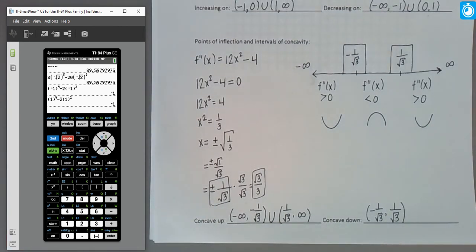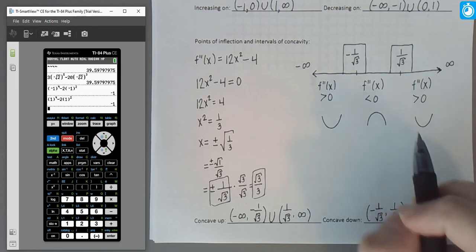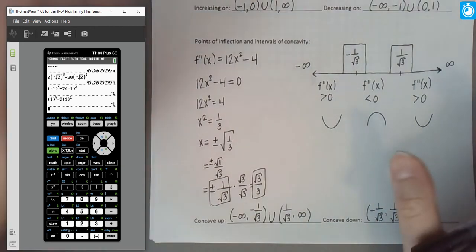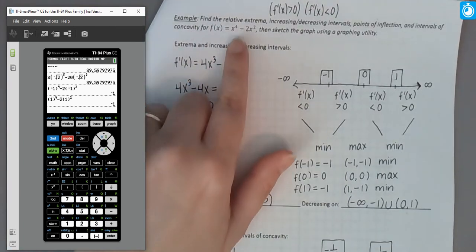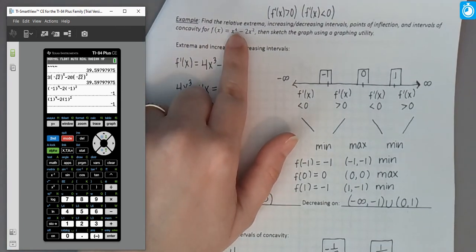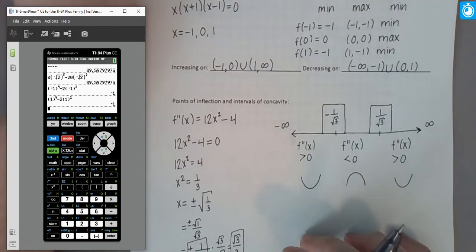And there we go. Okay, now what about our points of inflection? We know these are the locations where the concavity changes. What's the actual point on the graph associated with that change? Okay, so we're going to take these two x values, substitute them into our original function. Remember, we're always going to sub in here whenever we want to get actual points that are going to be